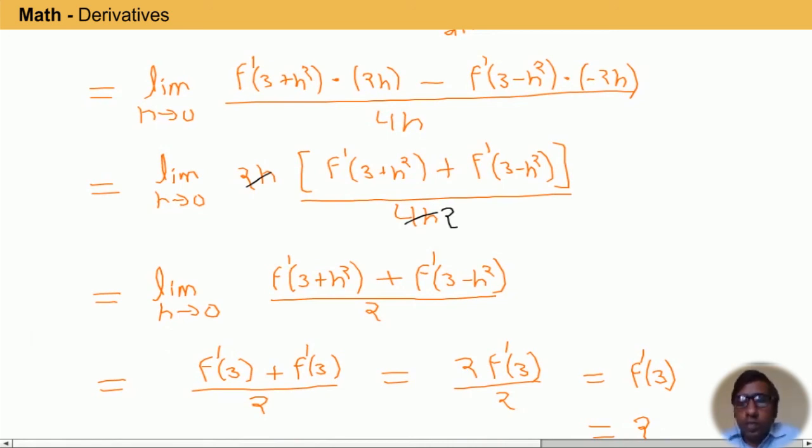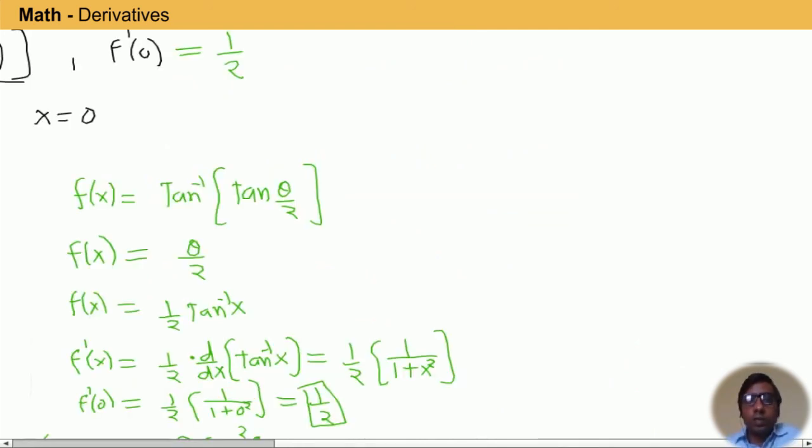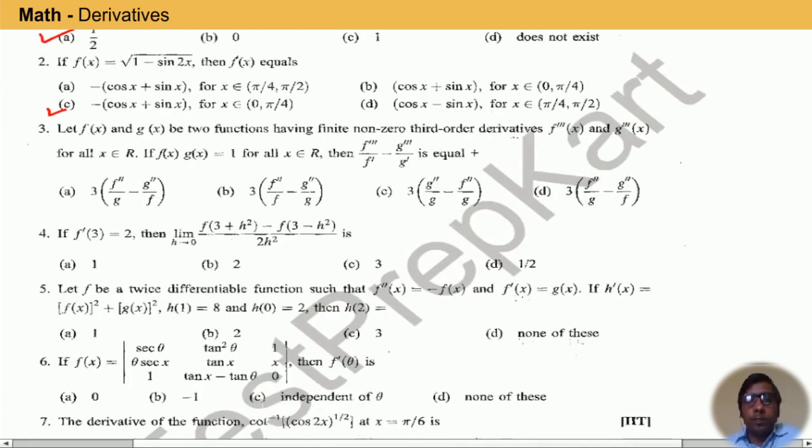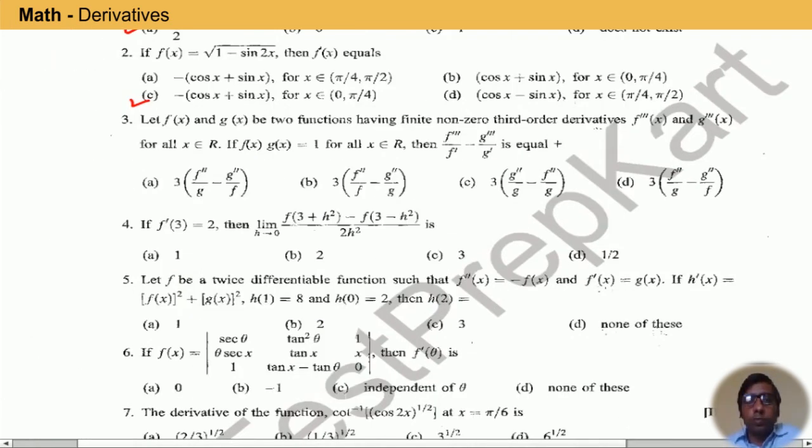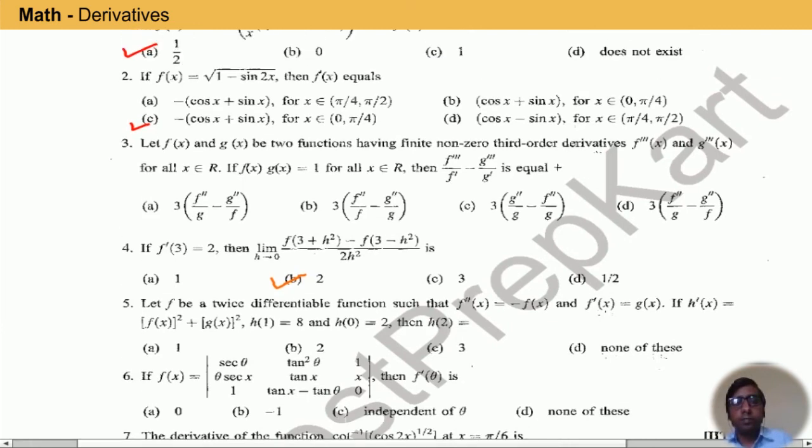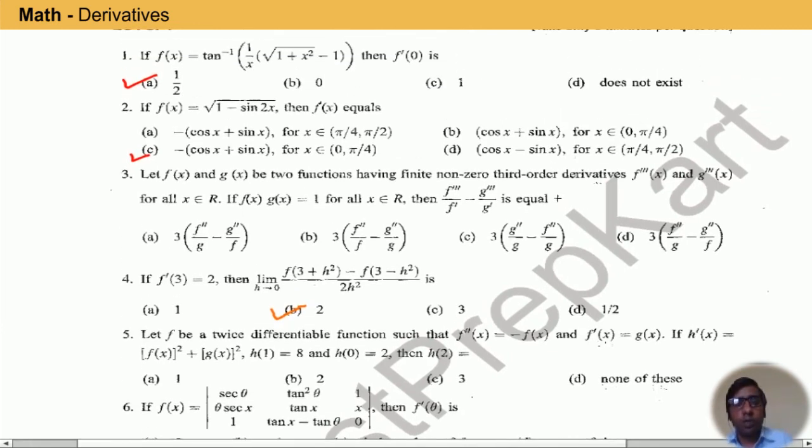So that is all from this session, and we did a few problems from derivative and differentiation. All the rules that we applied here, like chain rule, product rule and quotient rule, and also L'Hospital's rule for calculating the limit, these we can apply for derivative and differentiability. So for question number 4, option B is correct.